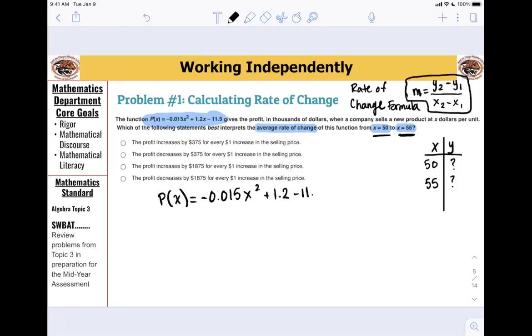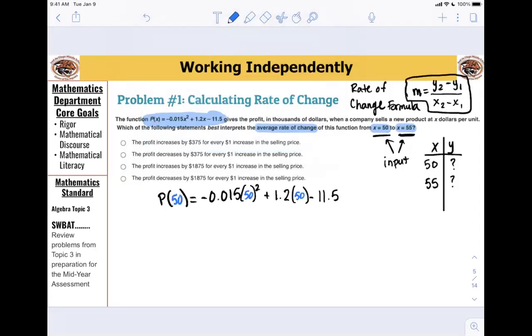Input everything. Yeah, we're going to plug in because remember that these two x values, these are my input values, and I can use those input values to figure out the output value. So what I'm going to do is I'm going to start by plugging in that 50. And remember, let me just rewrite this. Remember that when you have a function, you're going to plug in whatever input you want, you have to plug it in every time that there's an x. So since I'm plugging in 50, I'm going to plug 50 over here,